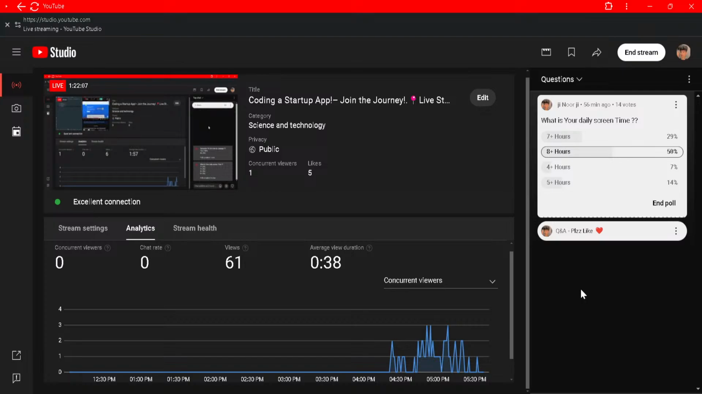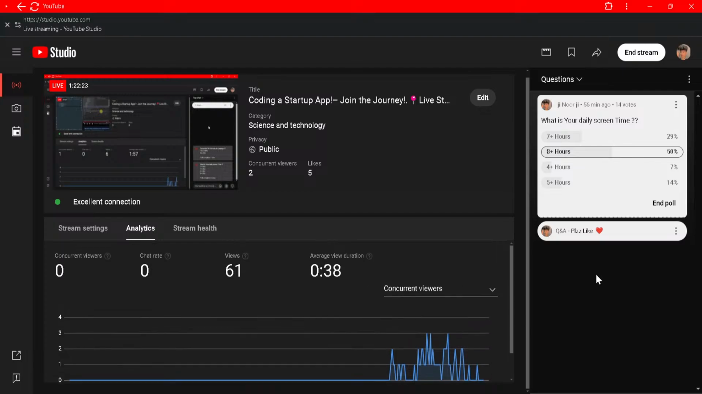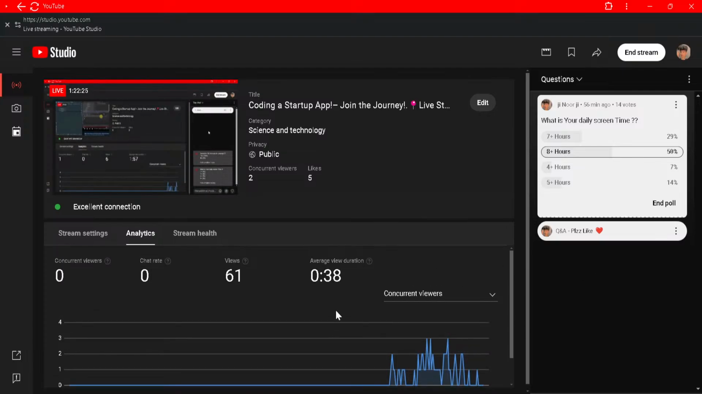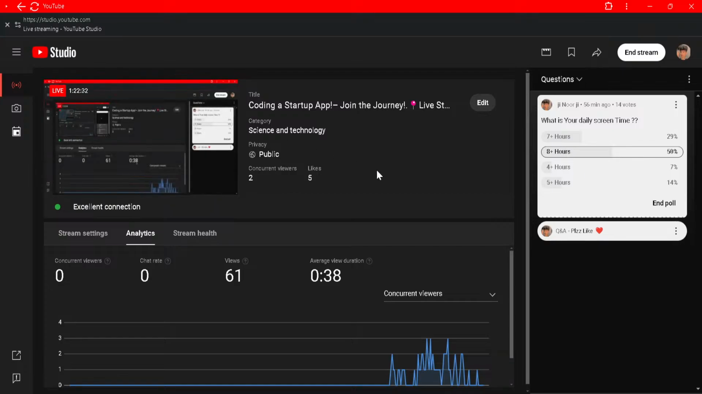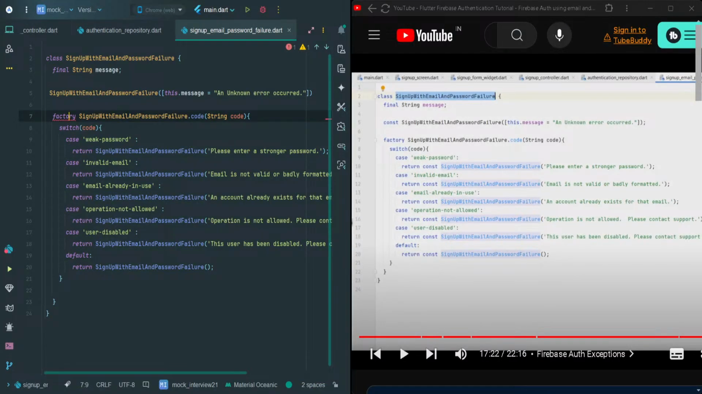Zero 14 13 14. सबसे ज़्यादा 8 आवर्स, 8 घंटे चलाते हैं भाई. एवरेज व्यू ड्यूरेशन 30. ये घंटा हुआ है, 1.5 घंटे से लाइव हूँ. So let's